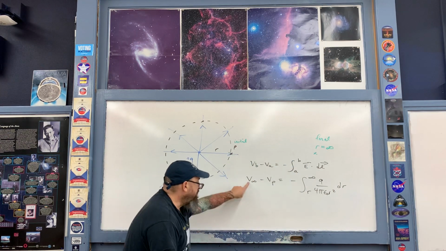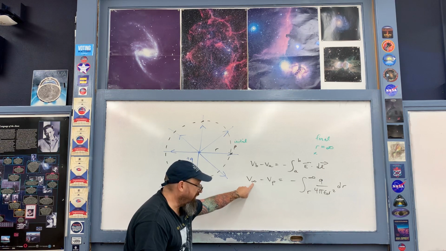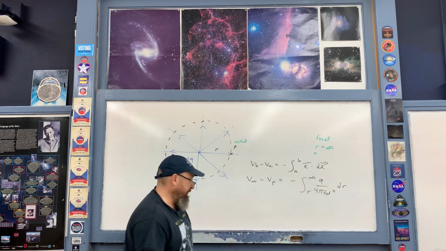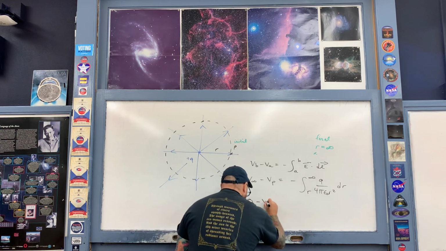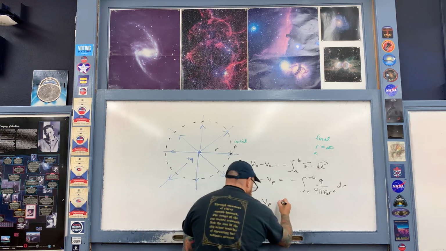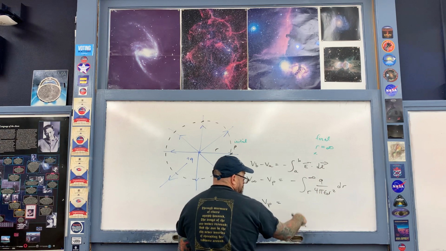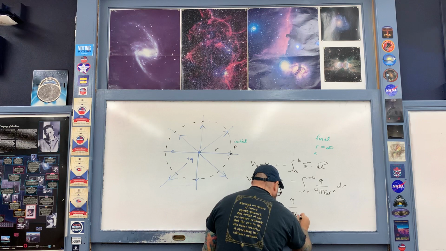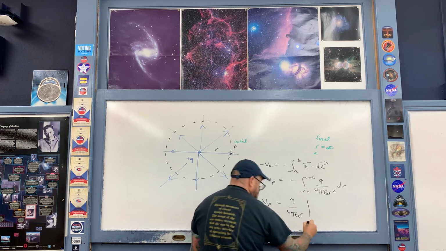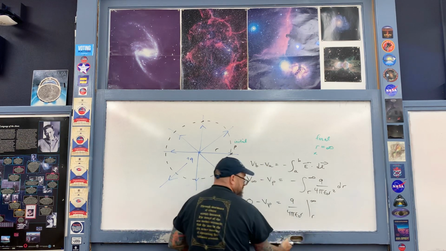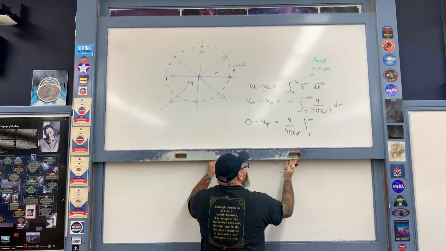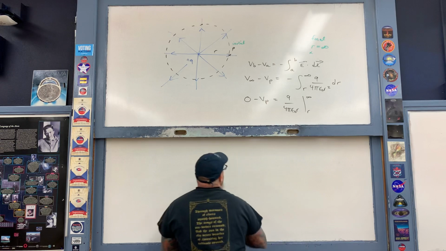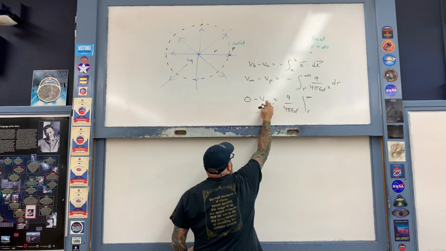The potential at infinity is 0. Once again, it has to do with the 1 over r relationship when I calculate the antiderivative here in just a moment. So 0 minus potential at point P equals then our integral. So integrate negative 1 over r squared is positive 1 over r. And then we're integrating from r to infinity here in this calculation. Okay, so let me erase this here from earlier. Okay, so now just negative potential at point P